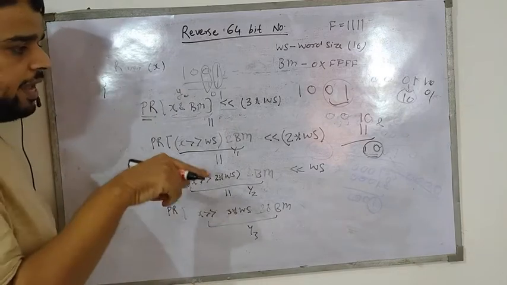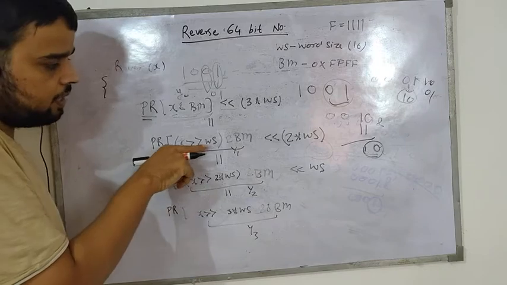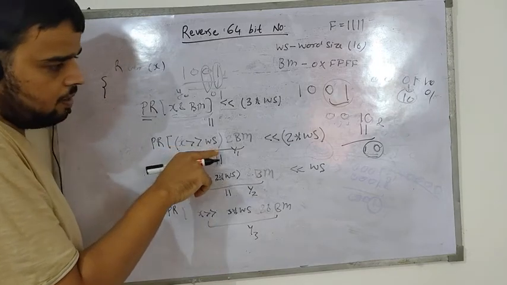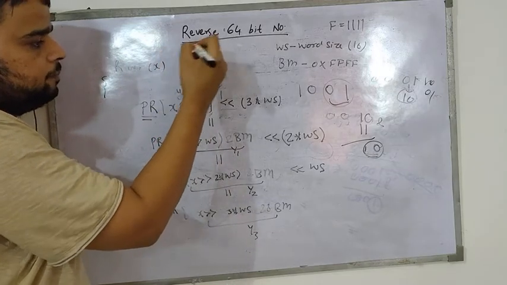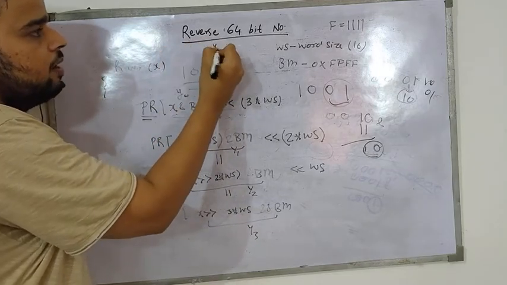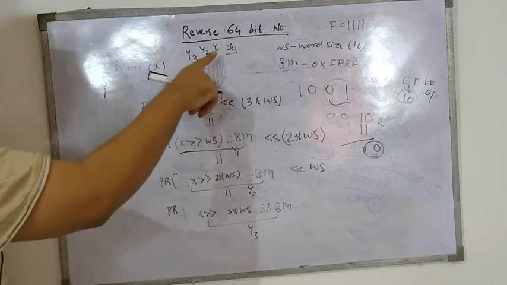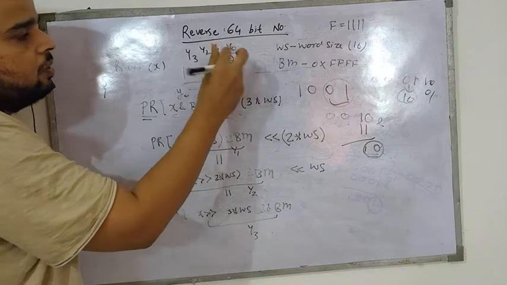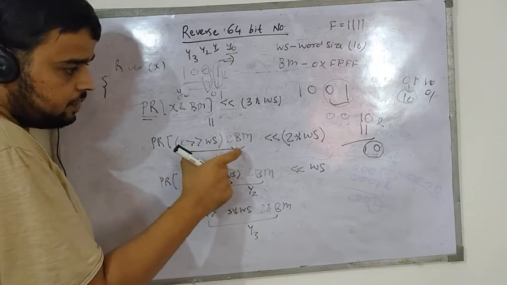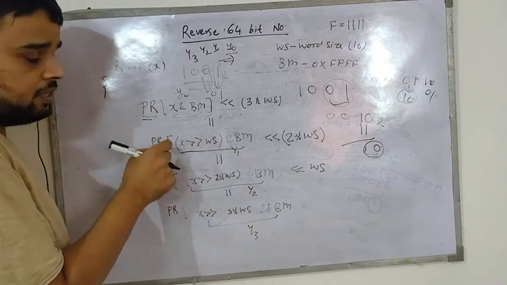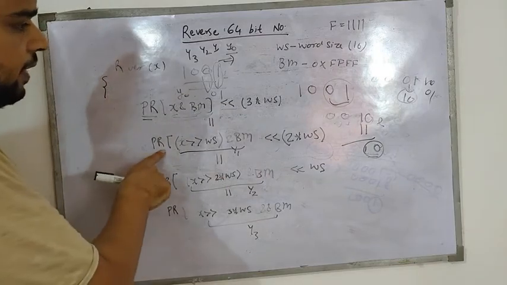Now for the next 16-bit, I need to do a right shift by 16 and do a bit mask, that will be y1. So it will be y0, y1, y2 and y3. So I have extracted this. Now for extracted y1, I need to do a right shift to make y1 the LSB. So I have extracted the y1 and calculated the PR, meaning calculated the reverse of the 16 bit with the help of a cache.